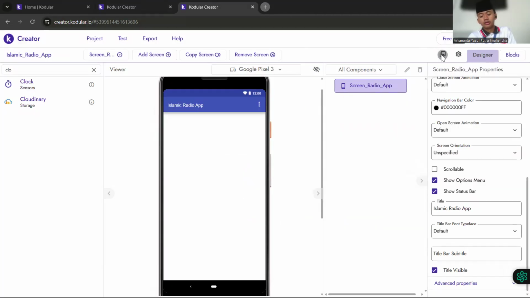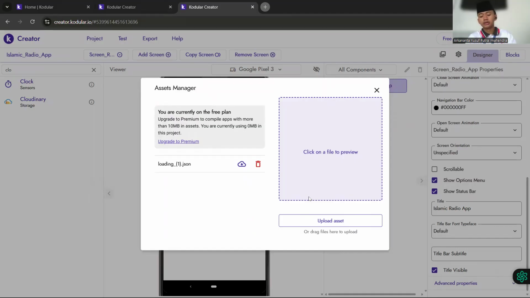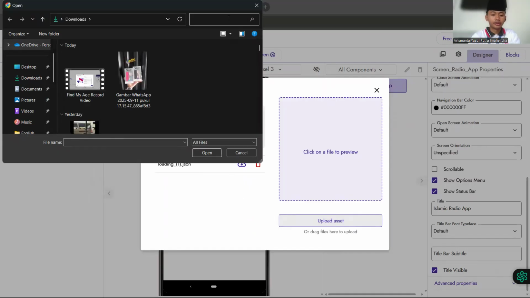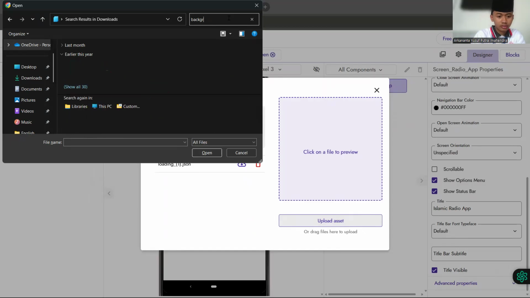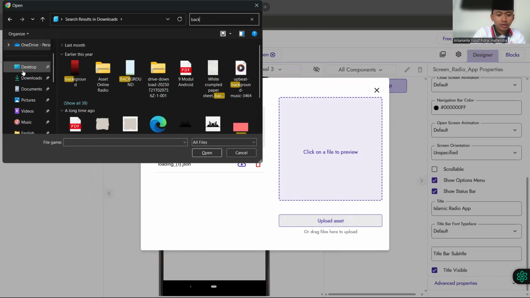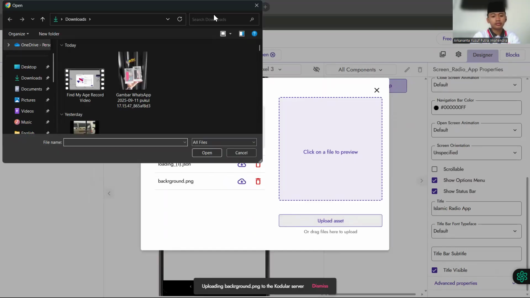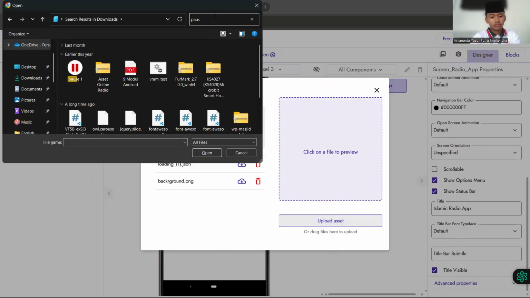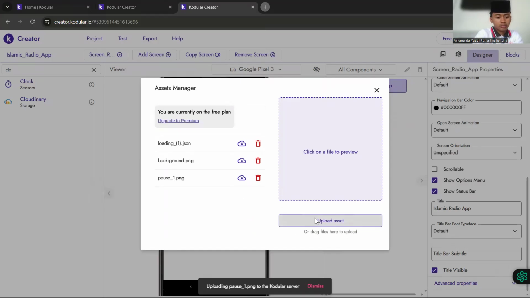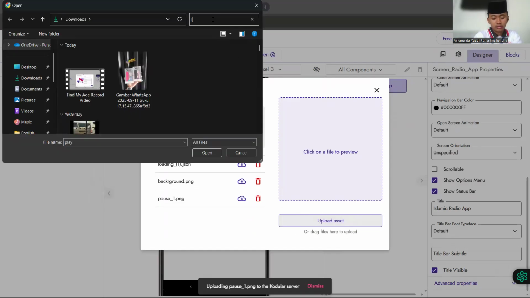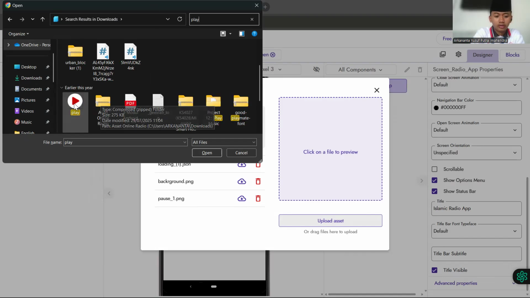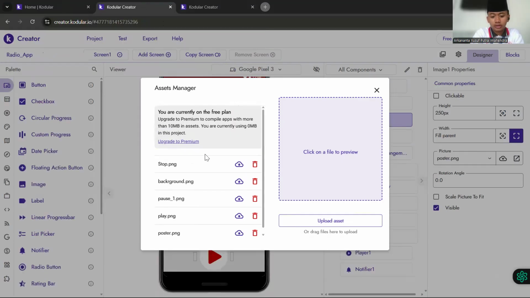So we add assets: the first is background, after that pause, after that play.